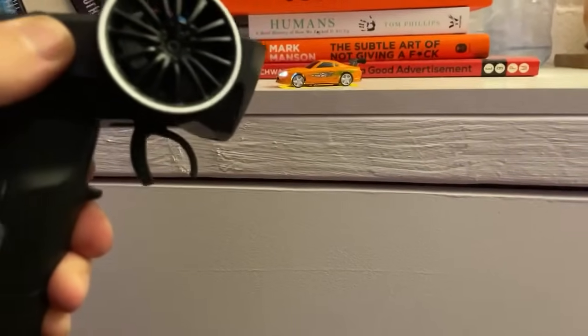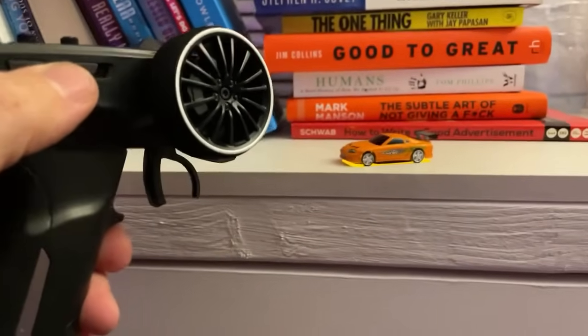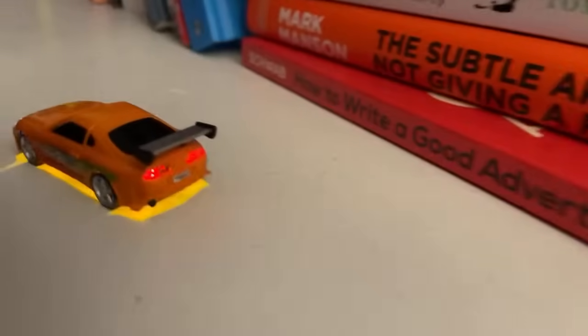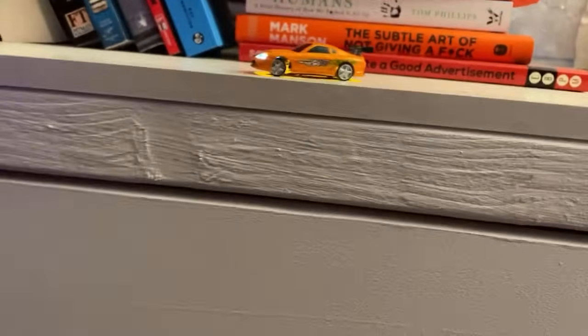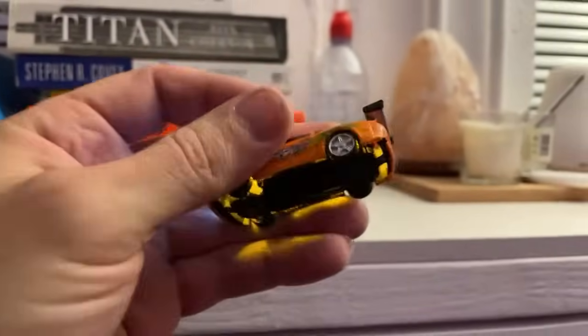Oh, so that's headlights. So that's headlights off, and that's headlights on. It's got tail lights as well. Look, oh, didn't do much more. So that's pretty cool. So we got tail lights, we got headlights, we got the old boy racer neons under there,